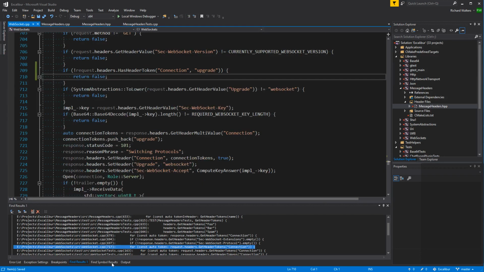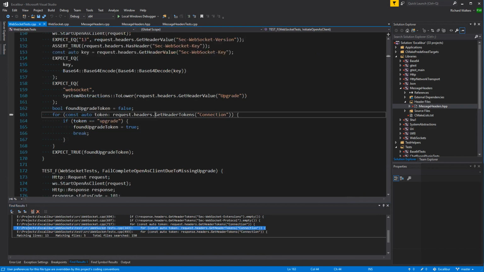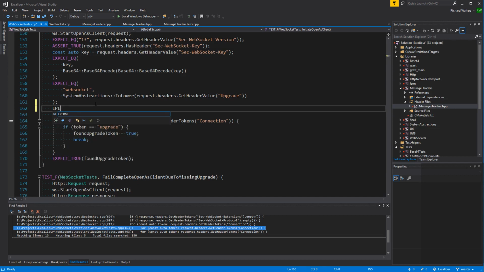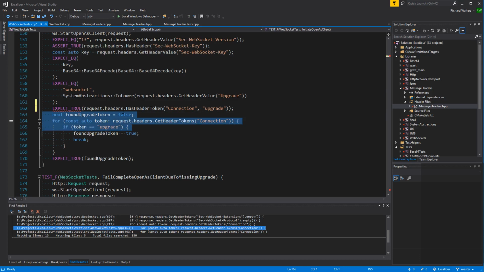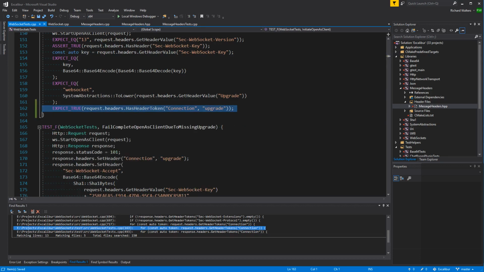When I try to go too fast, I mistype everywhere. Ah, so here we just say expect has header token upgrade. Slow down. Much easier to read, isn't it?